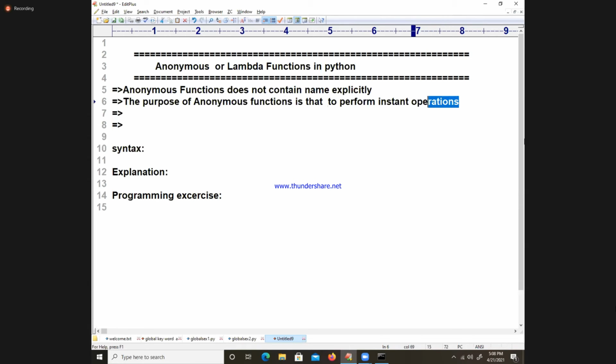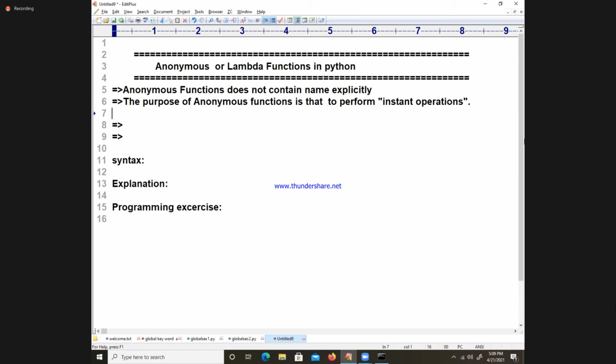I can't imagine how important this word is. The Python Software Foundation uses this word. Instant operations are those which are performing at that point of time. I'm writing here: instant operations are those which are performing at that point of time.